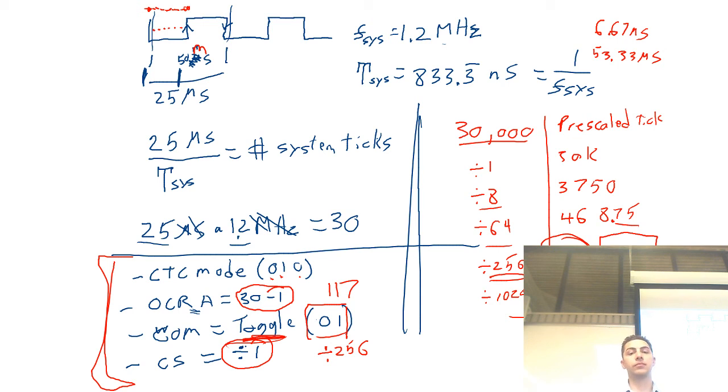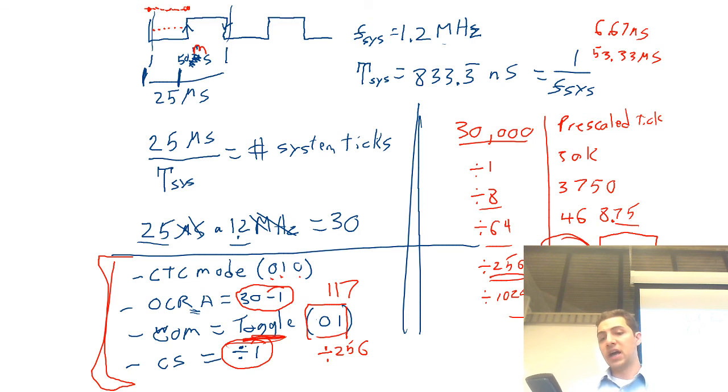When you're figuring out the prescaler, I know you stop once you hit one that was within the limits of it. Yep. Would it be wise to go to the next one and see if maybe it would fit better and have less error? You could. I sort of looked at 1024, and 1024 doesn't go evenly into 30,000, but let's do it. Let's find out what it does. 30,000 divided by 1024